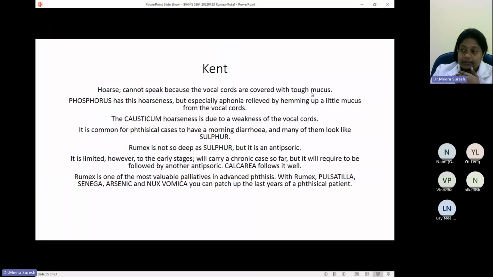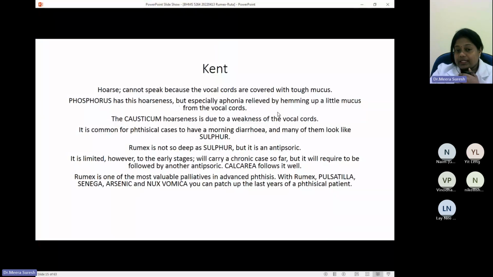We saw that in the initial stage, the mucus is thin and watery, but after that it becomes tough, stringy, and tenacious, sticking onto the respiratory structures. When the mucus is very tough and covering the vocal cords, and the patient speaks, it is more like a hoarse condition. In phosphorus also we have this hoarseness,